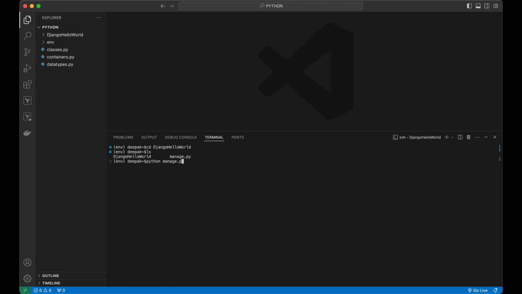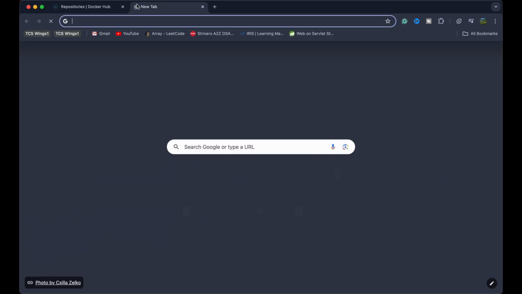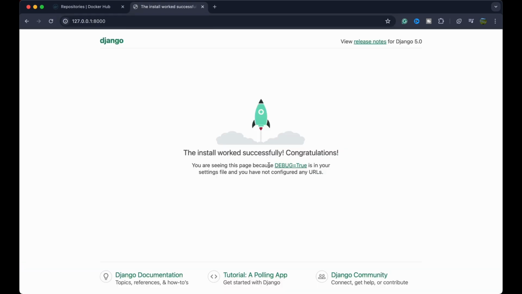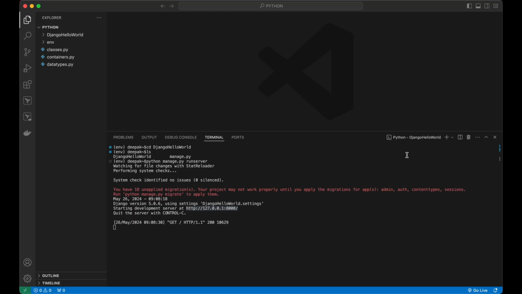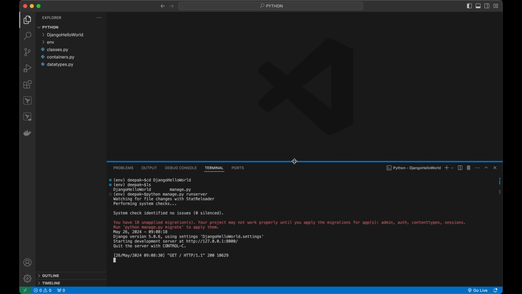So let's start the Python server. Great. So let's copy the URL and hit the URL in the browser. Good, that's good. So we have the Django installation successful. Let's stop the server and let's create some views files